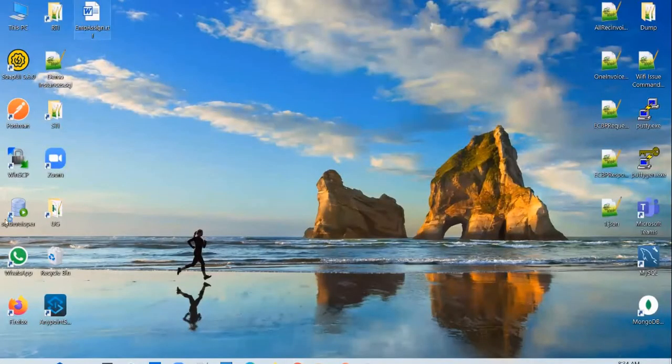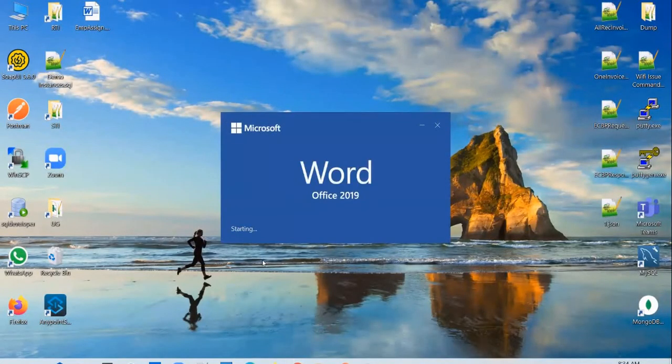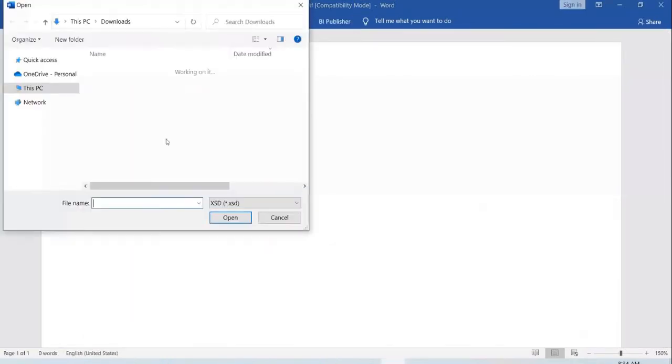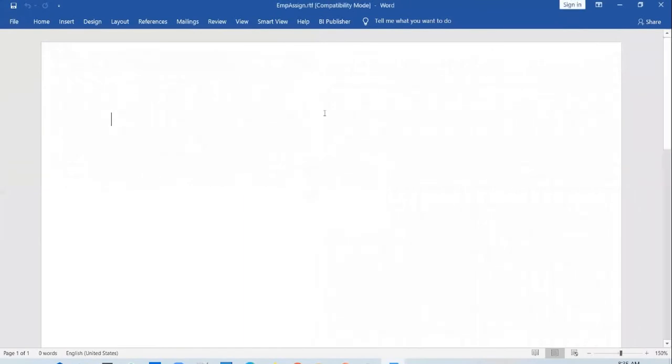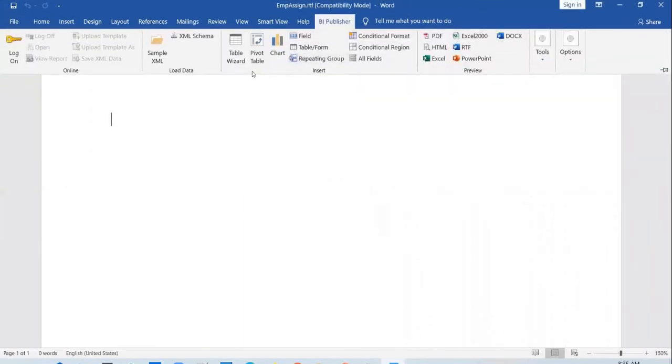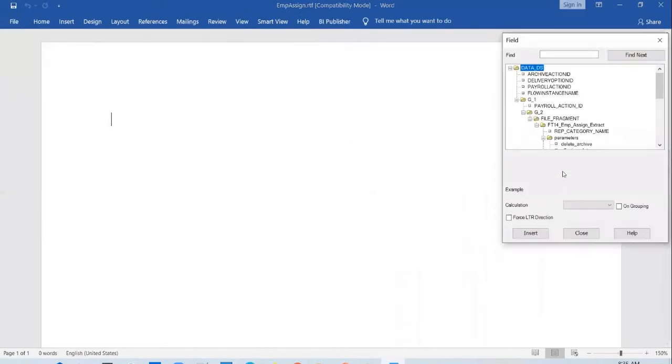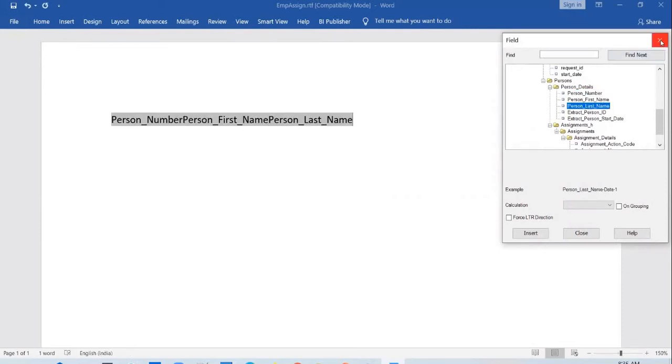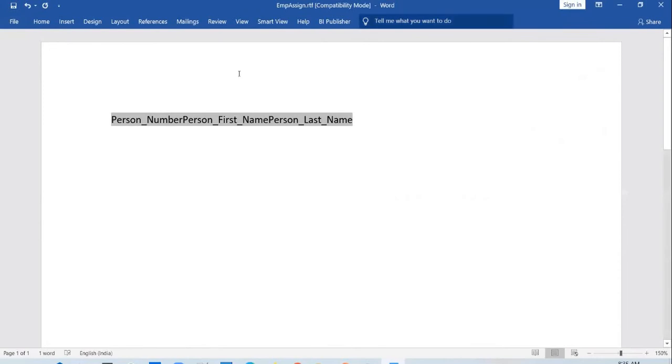Let me open the document again. BI Publisher, load in the schema. And you can insert a field. You can select what fields you want to insert. And if you want to print the person number, person first name, last name in a table, you can insert those fields into a table. And you can come up with a detailed RTF layout.